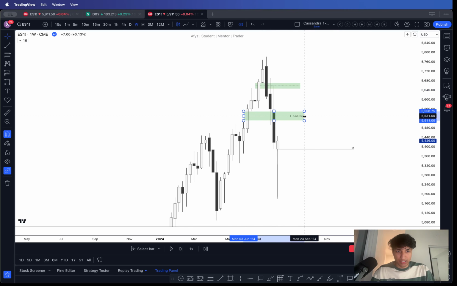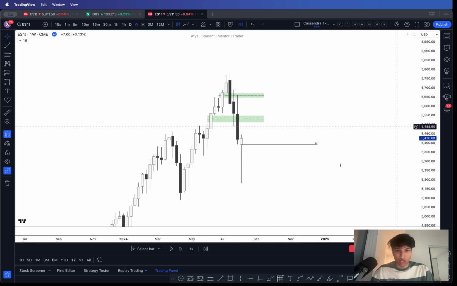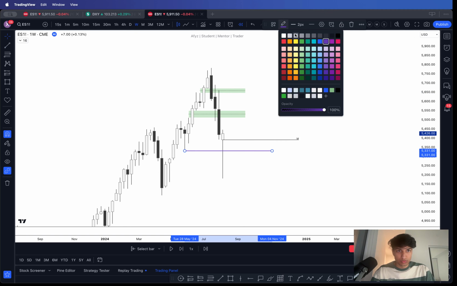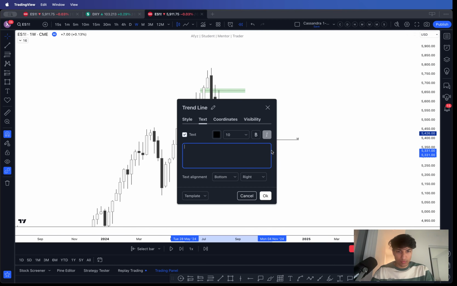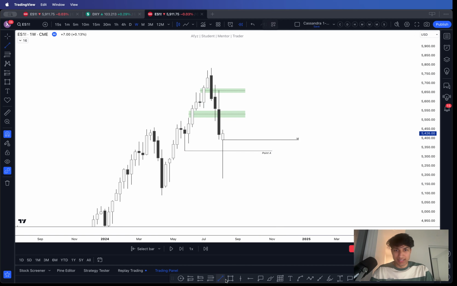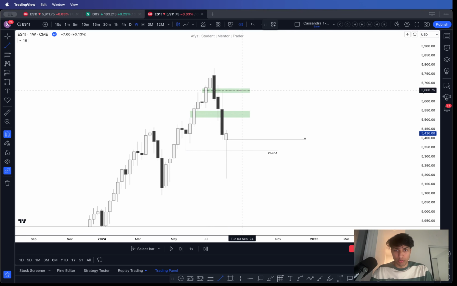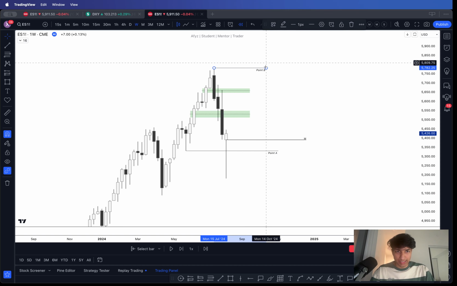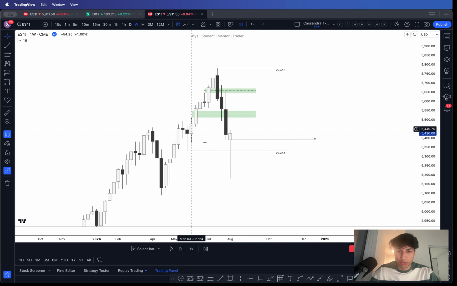So as you can see, let's start off by defining our point A and our point B. Point A is going to be this swing low, and we'll call it point A. Point B is going to be the swing high, the external range high, that is created in this displacement range. Inside of this displacement range, you can see that we have created two fair value gaps from this low to